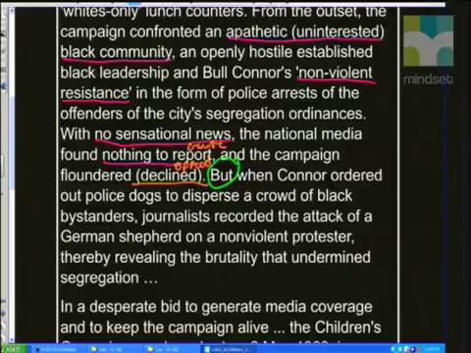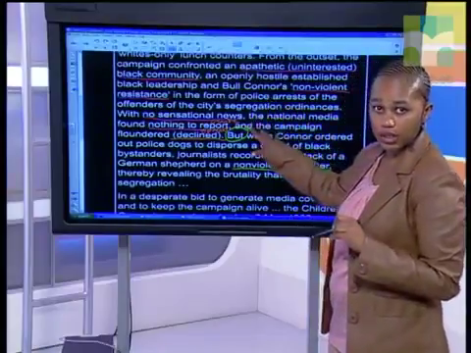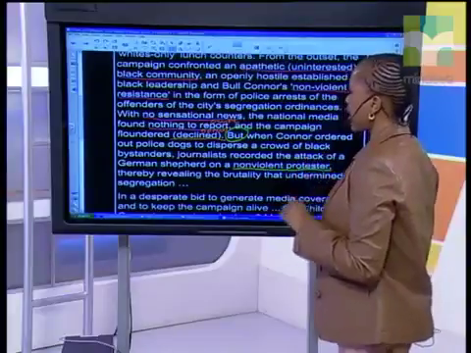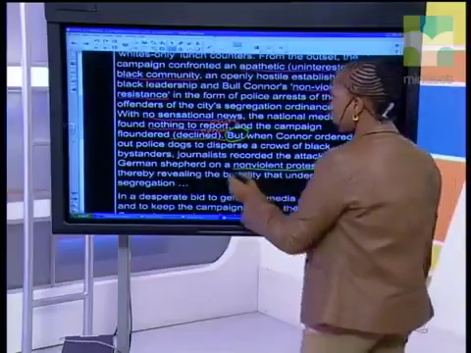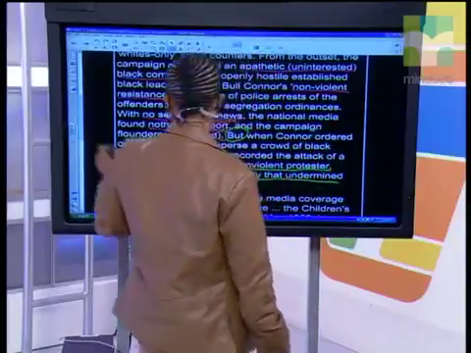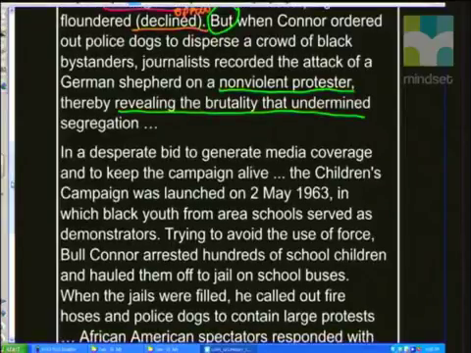Okay, I'm going to underline that, because that is very important, that the people who were protesting there were not violent. So already you can see the violence that was used by the police when they were told by their authorities to use the dogs, the police dogs. Okay, they were using them on the non-violent protesters, thereby revealing the brutality that undermined segregation. So it revealed the brutality that undermined segregation. So again, you can see cause and effect there. Let's read on. In a desperate bid to generate media coverage and to keep the campaign alive, the children's campaign was